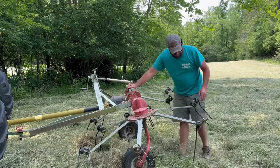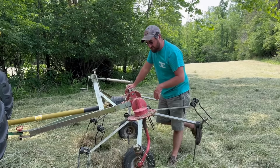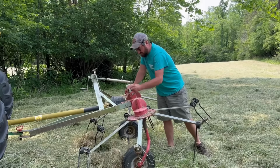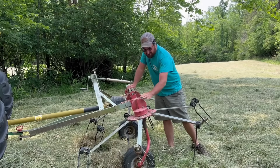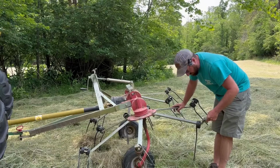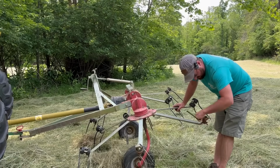But luckily I've actually got 2 new ones at the house. I always keep some as a spare, just like that. And the rake teeth, I always keep spares just in case you do break one. But I was surprised. I believe that's the first time I've ever broke 2 at a time. That one right there